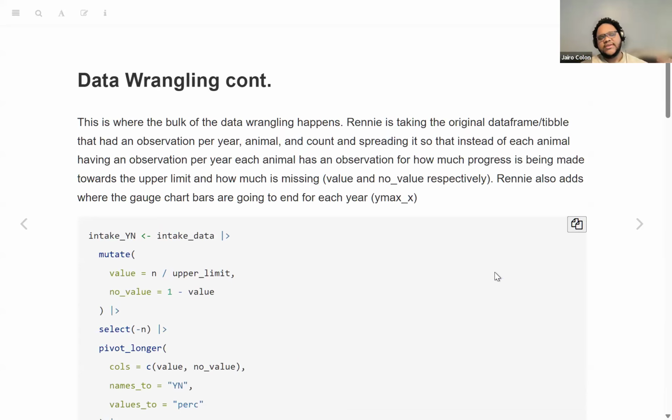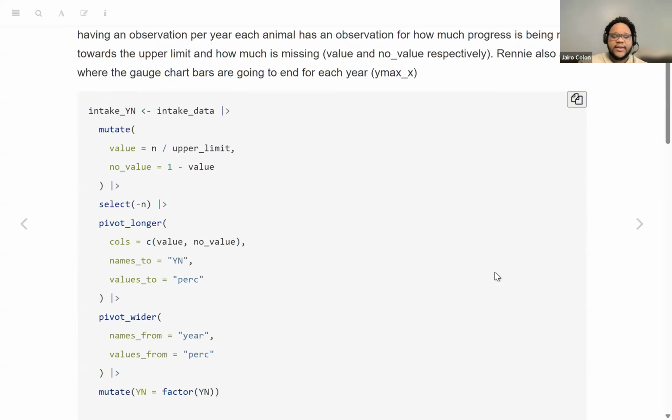So instead of 2017, 2023, animal, and then the count, it's now the animal progress being made and then two additional columns for year. So 2017, 2023. And then the next column will be the same animal, how much progress is missing towards the ceiling, or whatever their max was in 2023, and then the years as well again. And then I believe